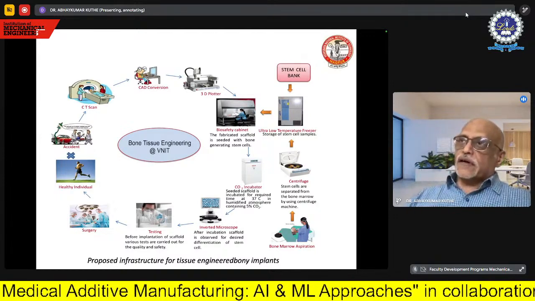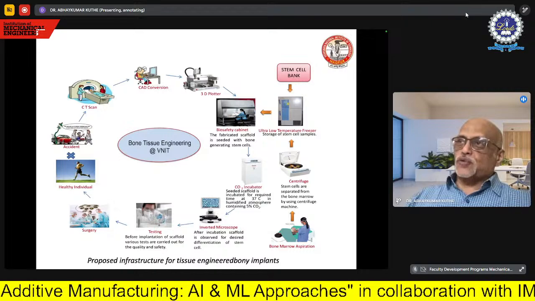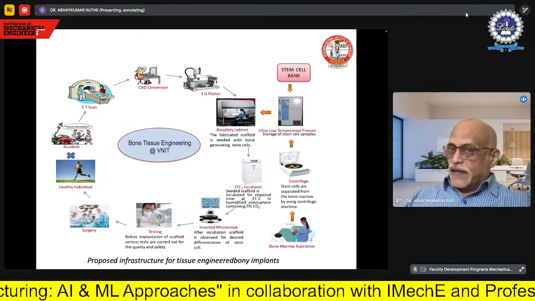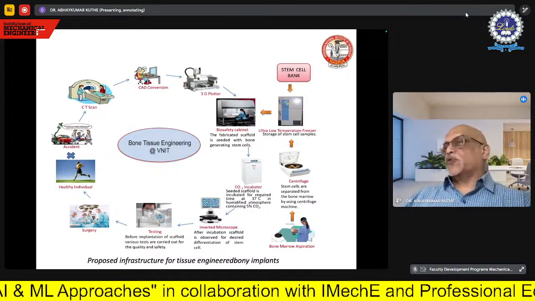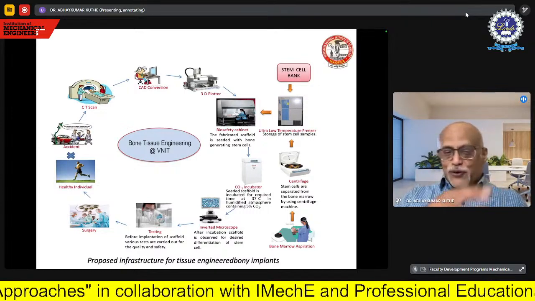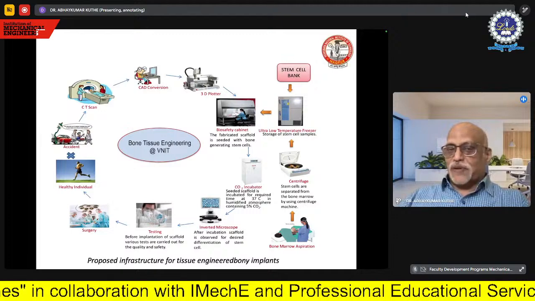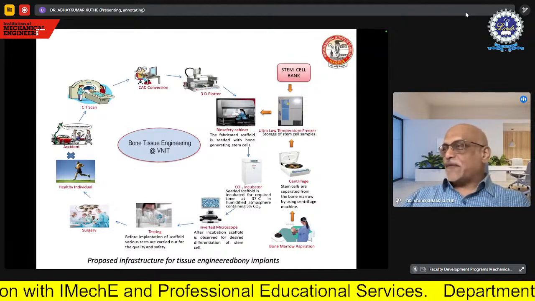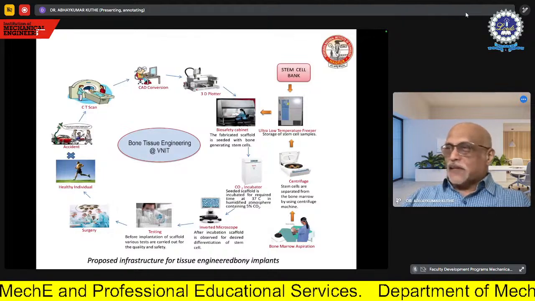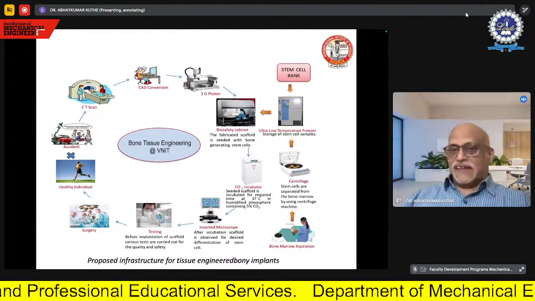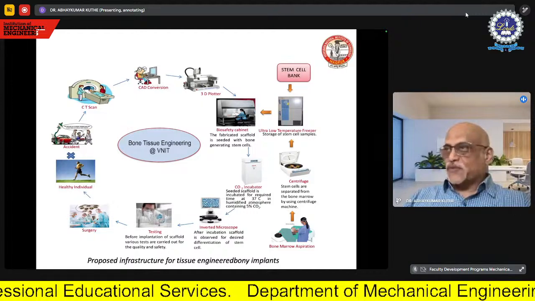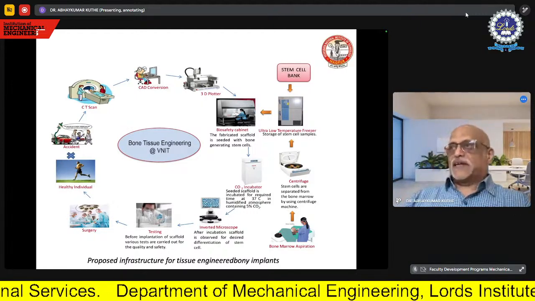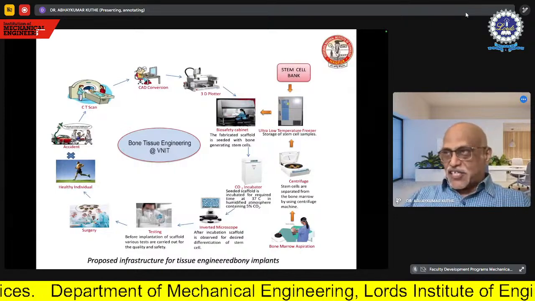Why? Because in the metallic implant, as I already mentioned to you, stress shielding was the major problem and the metal implant gets loosened. Here, the stress shielding problem can be overcome. So this is how the whole approach of the bone tissue engineering at VNIT, as I already mentioned to you, that we do have a very good bone tissue engineering lab. Please do visit and see how exactly we are trying our best to develop such things. Though this is at a research stage at this moment, it has a long impact